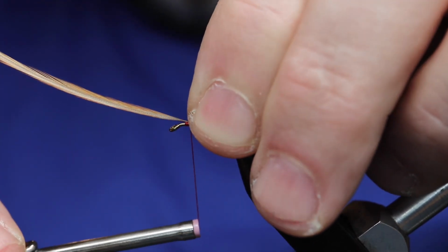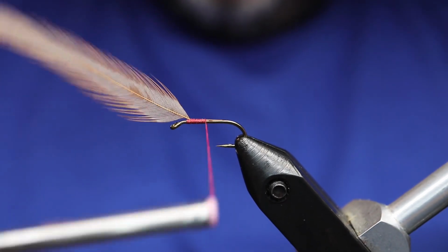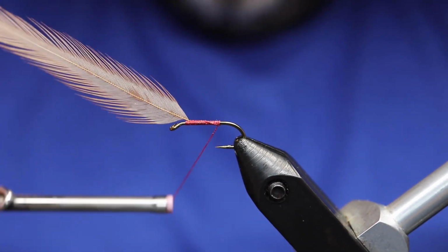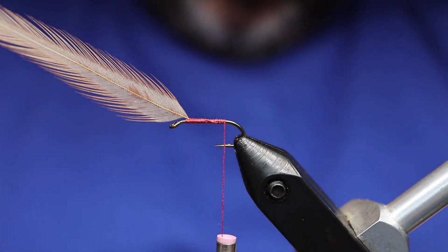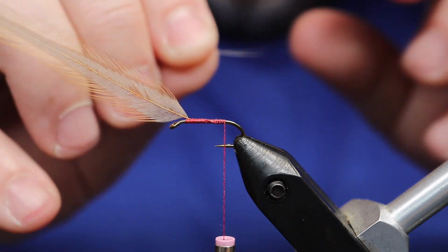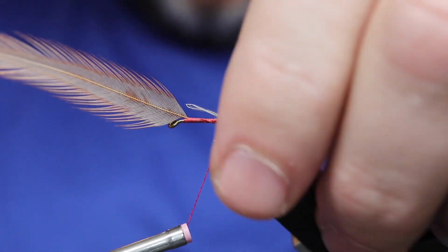dun. He leaves the option for a light honey dun or a dark honey dun, and he describes those feathers as having a dun color in the center, anything from gray to a light pearl gray, and then the tips of the barbules to have a honey color, anything from light to dark, and in this case, a darker gray and a darker honey color. For the tail, we're using a light honey dun